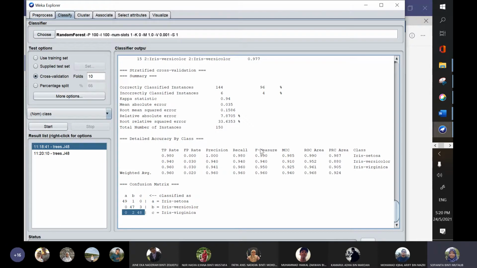So from that, for recall, which class is predicted the most accurately? Look at the recall. Which one? Iris setosa, because this is the highest one.